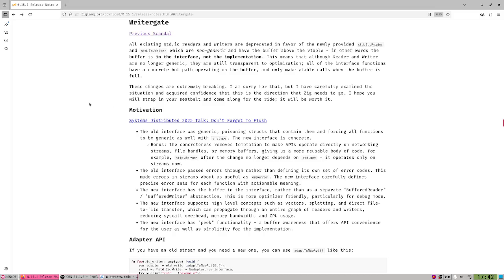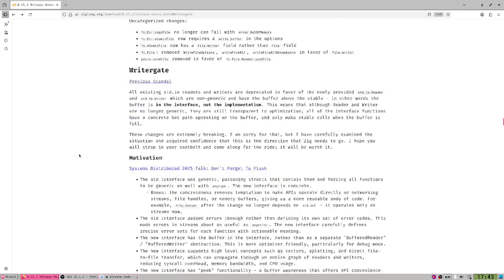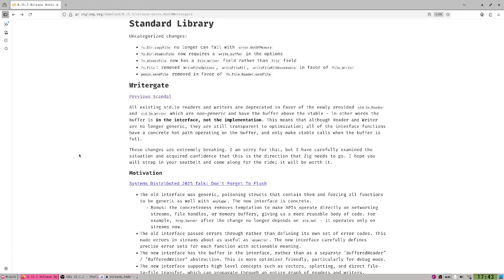So yeah, that's about allocators, and then they're basically going to use the same principle for writers. So now you can output to a file, or you can output to the console, but you can replace the underlying writer interface. So depending on which system you are, you can choose your own writer, right? And it is a little bit complicated for beginners to understand this.